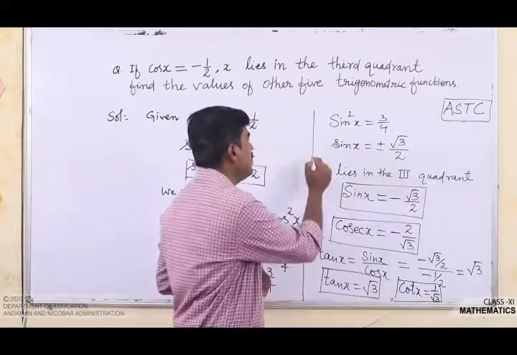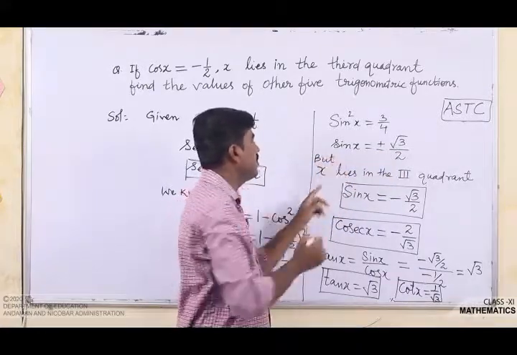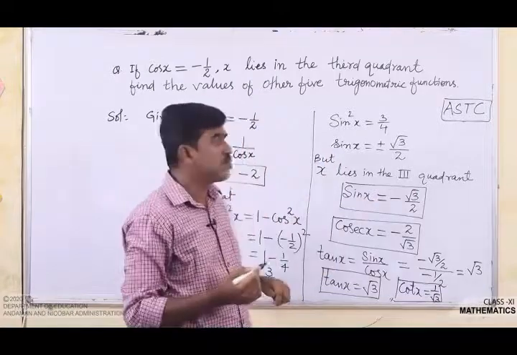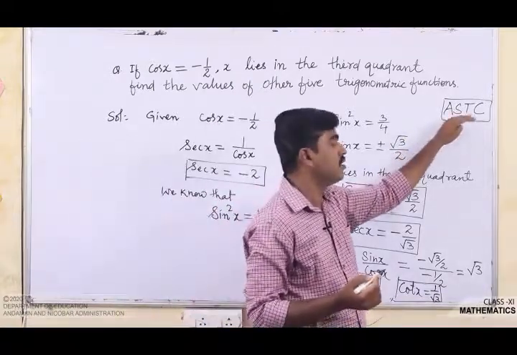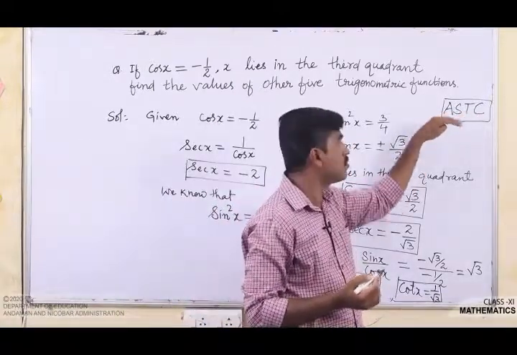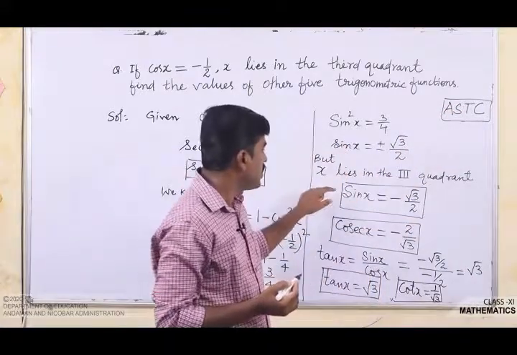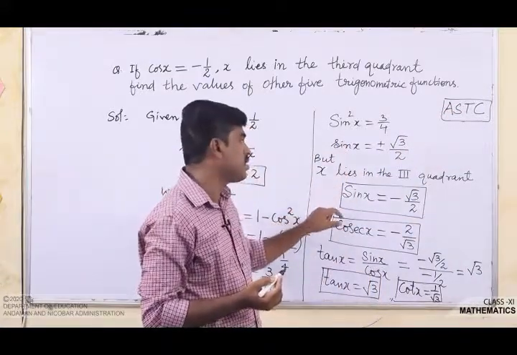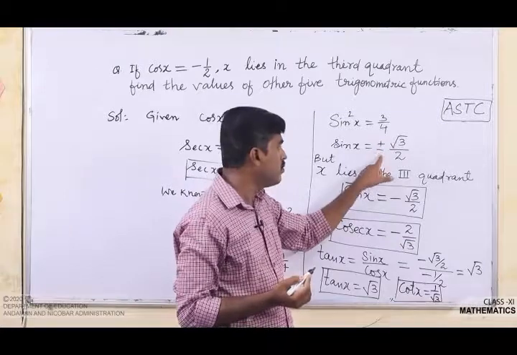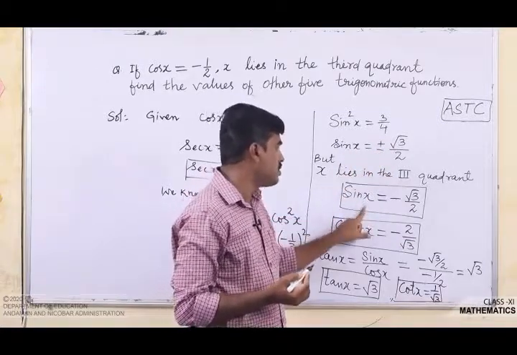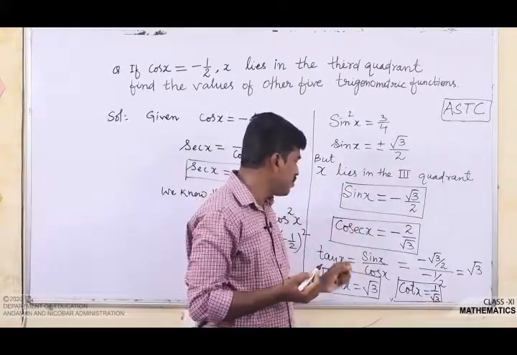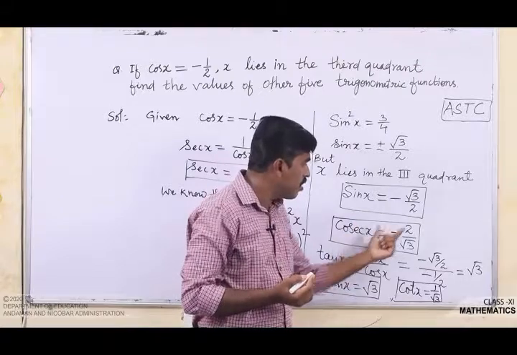But it is given that x lies in the third quadrant, so we have to use the rule of sign, that means plus or minus, okay, ASTC. So in the third quadrant sine is negative, so we have to take the negative value of sin x here. So sin x is equal to minus root 3 upon 2,